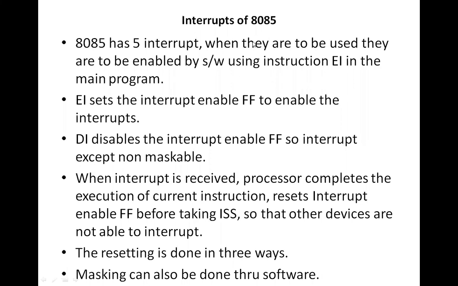At that moment, the processor might be doing something. So what will the processor do after receiving the interrupt signal? First of all, it will complete the execution of the current instruction which is in progress,